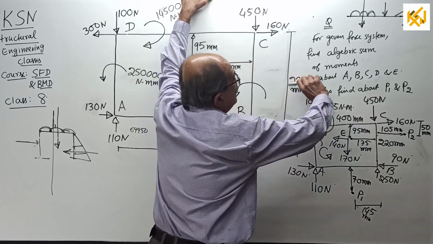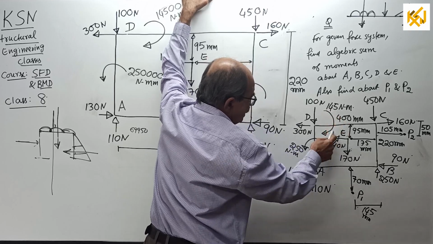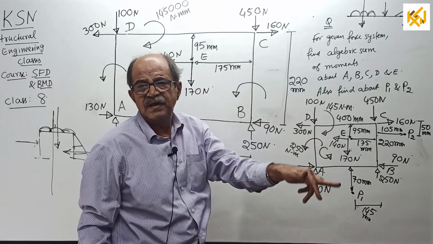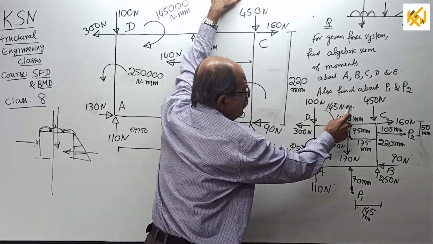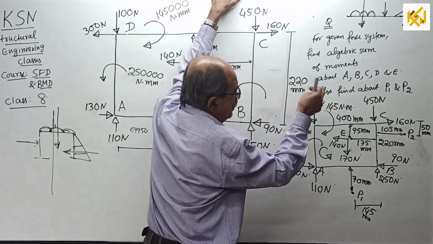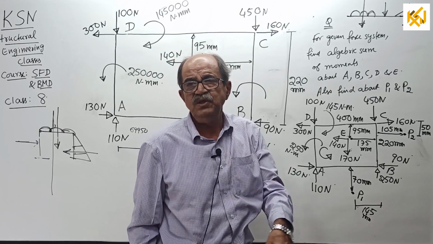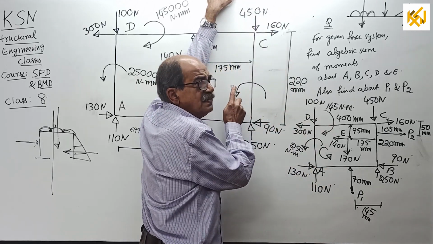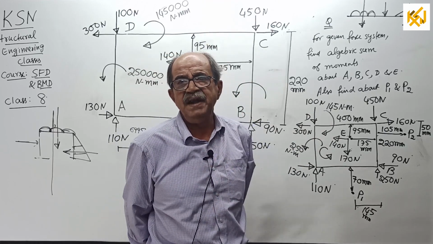Now, this is a question. In the question, I have given forces here. I have given two couples. I will explain the couple a little later, when the time comes. Right now, one couple is given this way, 145 Newton meter. One couple is given here, 250 Newton meter. Now, where is that couple? I have not given it. No, it is not required. Why? You will be knowing it later. The location of the couple for this example is not required, but it is required if it is a bending moment calculation.